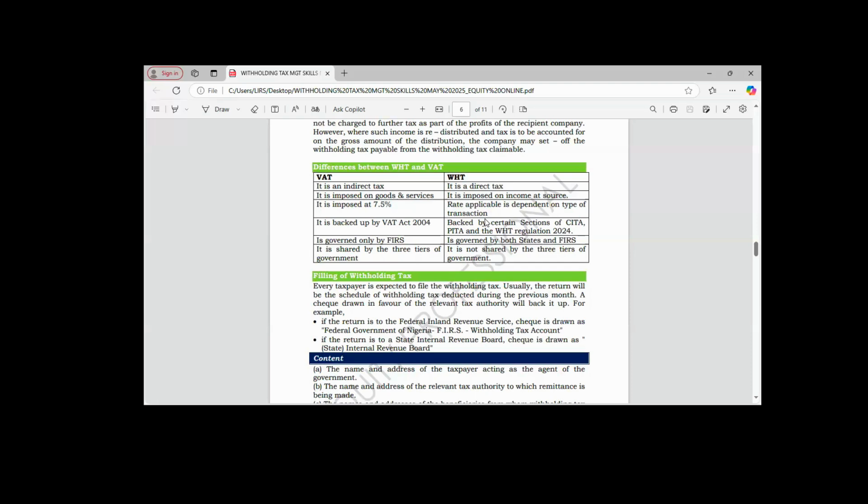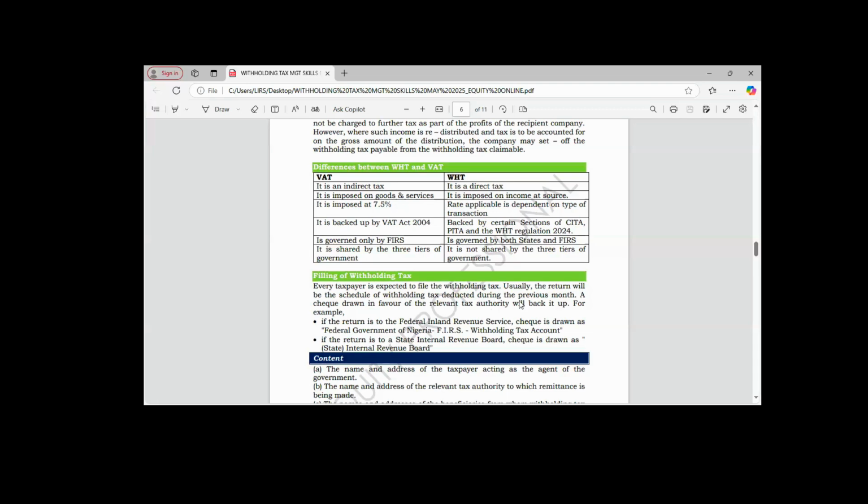Where it is to state, it will be written in business. And you may be asked for the content of this withholding tax schedule. Please, you don't need to crack your brain. You know that somebody must suffer that tax. So it's going to have what? The name of the person, name of the taxpayer who suffered,